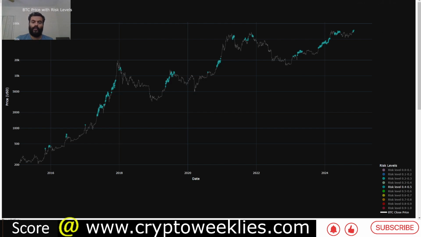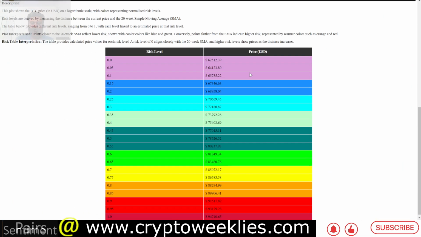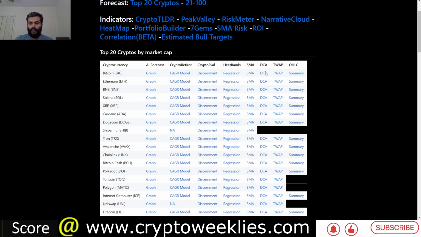This is what historically has happened in terms of the prices associated with some of the peaking scenarios for Bitcoin. Keep in mind, this is only a 20 weeks outlook. Between 81k and about 94k, that is where the risk above 0.6 till about 1 risk level is, between the price action of 81k and about 95k. That's the high risk or the euphoria based targets for Bitcoin per this model.